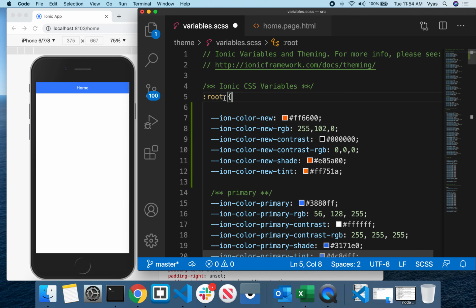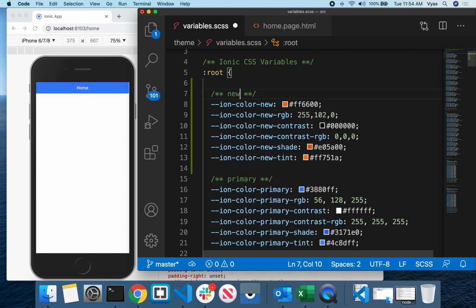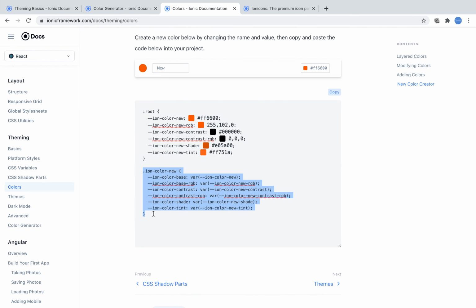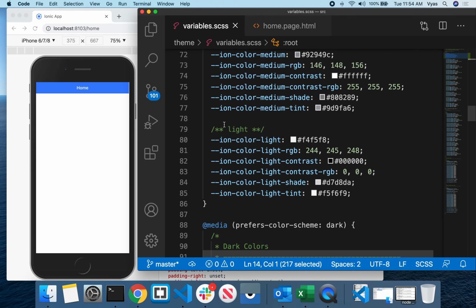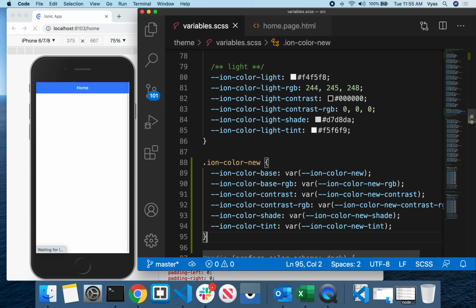So inside the root file I'm declaring the new color. This is the new theme color which I'm declaring inside the Ionic framework, inside our project. So this is a new color. Okay, so after adding this one inside the root, the next thing you have to do is, whatever the color is there, this has to be defined after the root also. So after the root, here you can declare this color. When you add these two things, then the new color will be added to the theme. Okay, the new color will be added to the theme here.